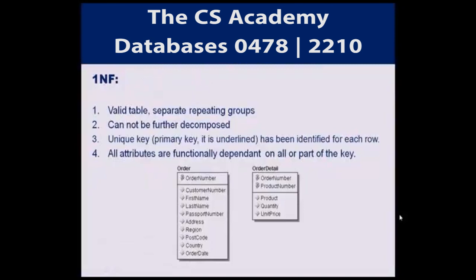Now see the first NF, first normal form. What does it do? Basically it validates the table. For a valid table, separate the repeating groups, which I have just explained to you. Let's suppose you want to add a correction or something new to the concerned record, so the new record you have to add for updating the record creates anomalies. To remove anomalies, we should have a valid table and separate repeating groups. That means only one group can repeat. Let's suppose you want to repeat the qualifications, so qualification will be added.